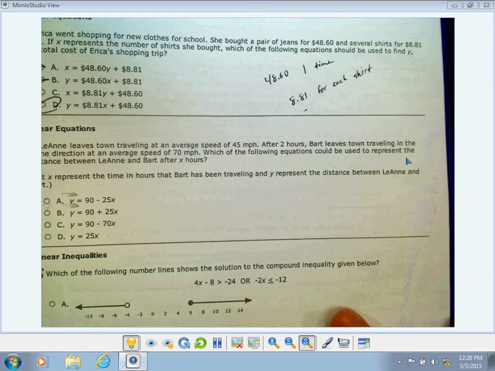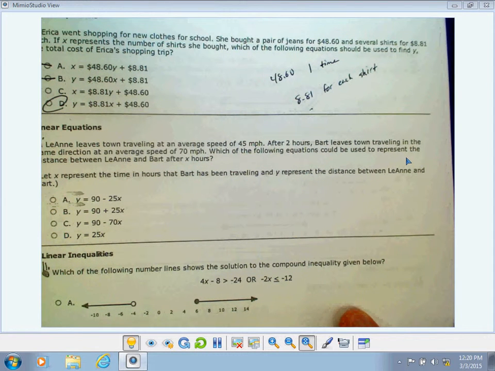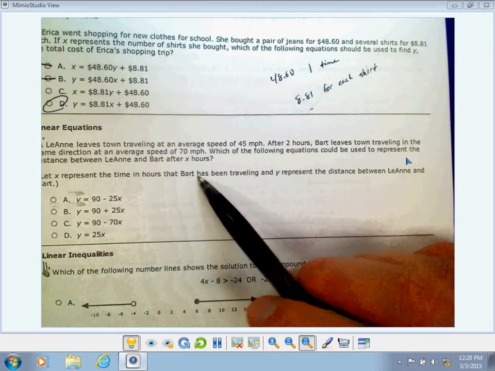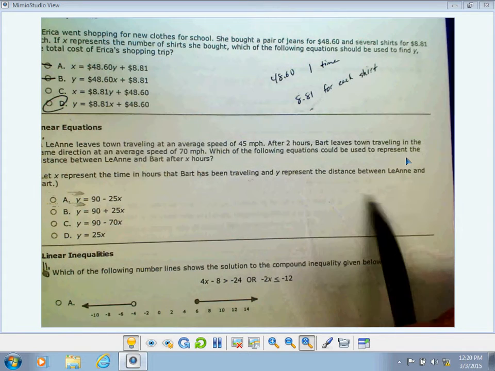All right, let's look at number 10. Thinking it's probably the same idea, a little bit harder. It says Leanne leaves town traveling at an average speed of 45 miles per hour. After 2 hours, Bart leaves town traveling in the same direction at an average speed of 70 miles per hour. So he's going faster than she is. Which of the following equations could be used to represent the distance between Leanne and Bart after x hours? So it says let x represent the time in hours that Bart has been traveling, and let y represent the